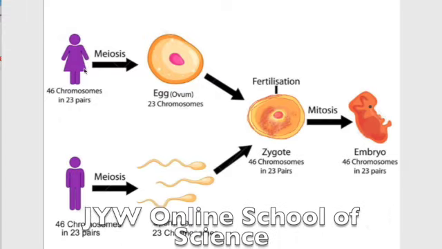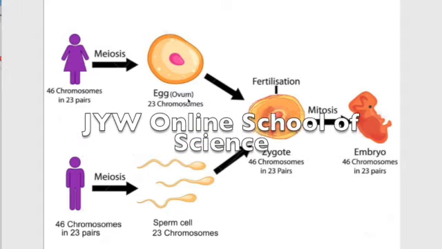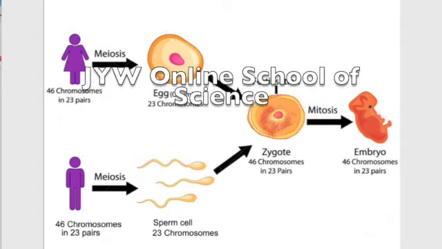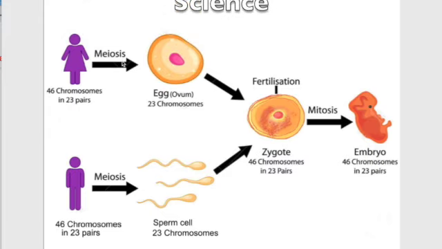Now, when a female produces eggs, in biological terms called ovum, it undergoes meiosis, which means a single cell divides twice to produce 4 cells containing half of the original amount of genetic information, which means here it becomes 23